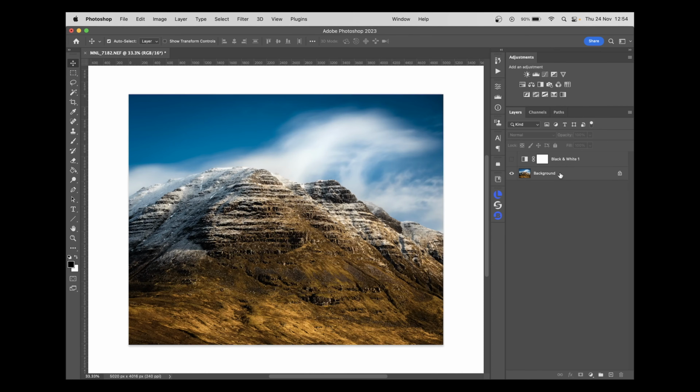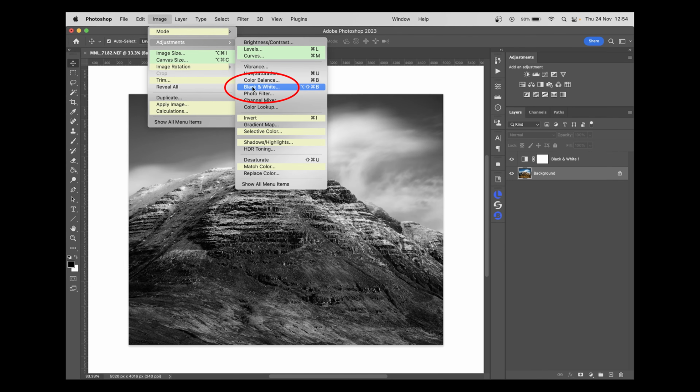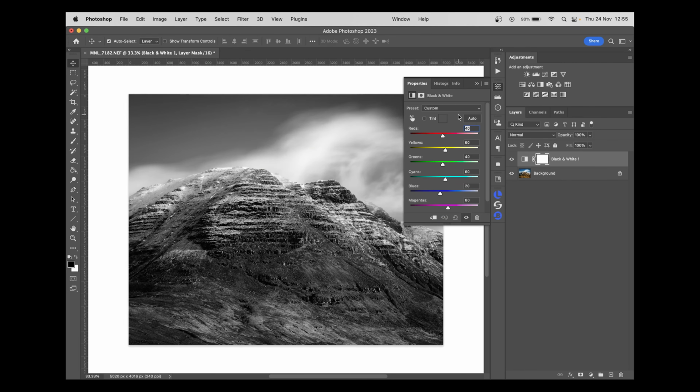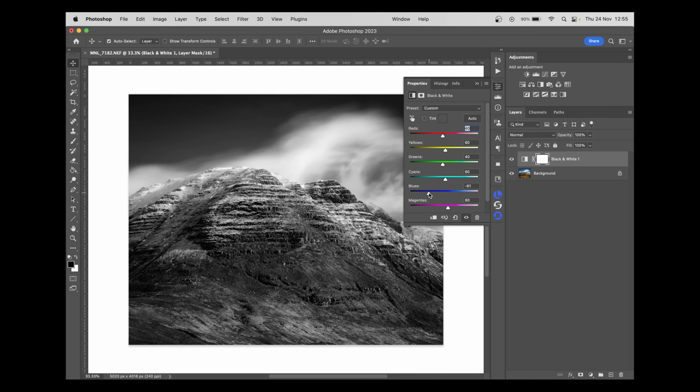What we need to do is start with a color image and then add a black and white adjustment layer. The black and white mixer adjustment can be found here in the adjustments panel. It's that one right in the middle with the black and the white side. Or if you select your original background, you can go to image adjustments and down to black and white. So if we double click, we can see it brings up essentially the same sliders as the Lightroom module. And we can basically adjust these in a very similar way and start to get